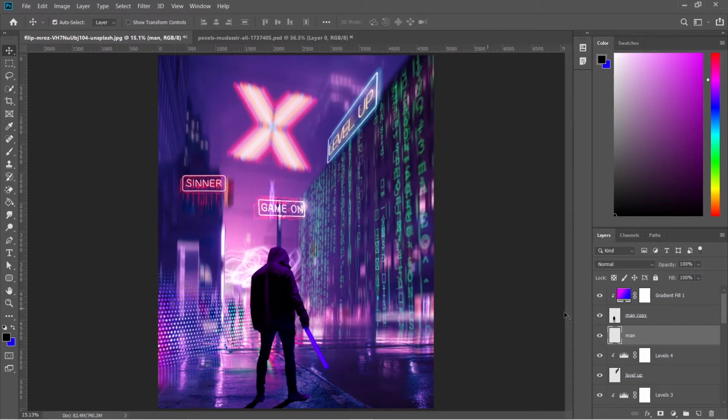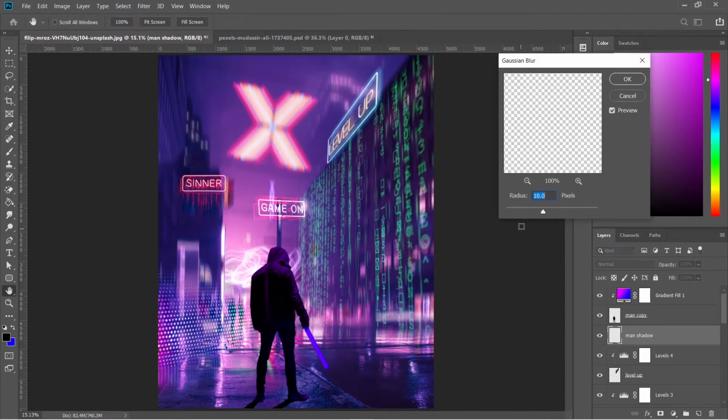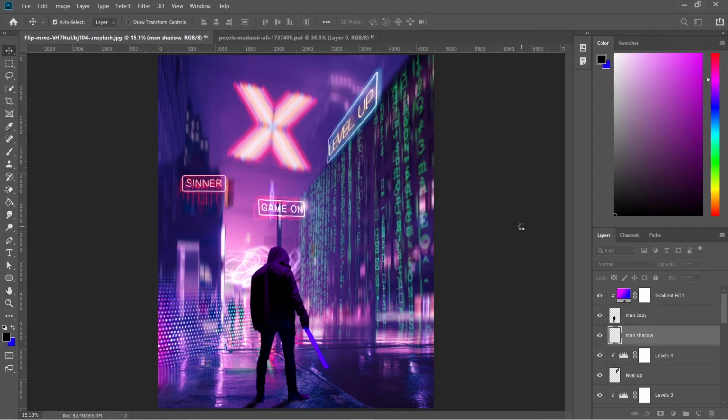Now let's add some Gaussian blur to it. Go to filter, blur, Gaussian blur and increase the radius to 30 pixels. Let's add one more shadow.